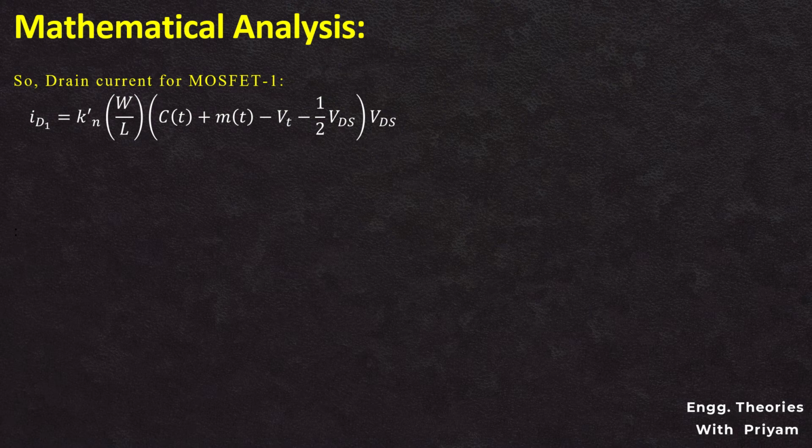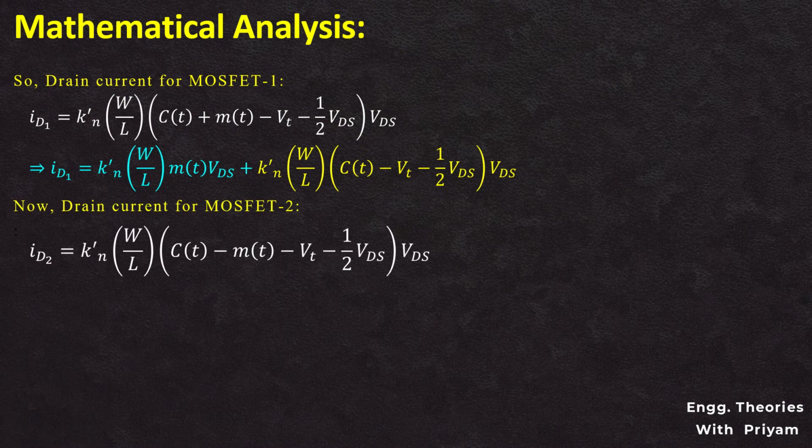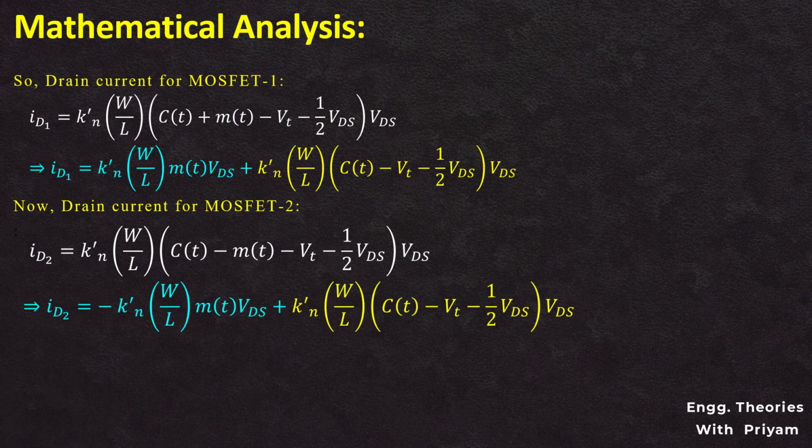which can be simplified as ID1 is equal to Kn prime W by L MT into VDS plus Kn prime W by L (CT minus VT minus half VDS) into VDS. Again, the drain current for MOSFET 2, ID2, is equal to Kn prime W by L (CT minus MT minus VT minus half VDS) into VDS, which can be simplified as ID2 is equal to minus Kn prime W by L MT into VDS plus Kn prime W by L (CT minus VT minus half VDS)